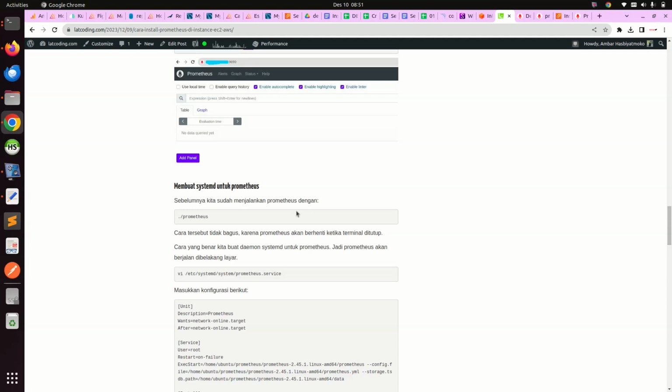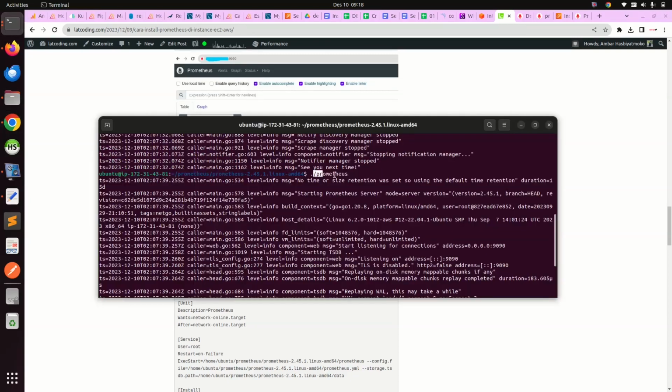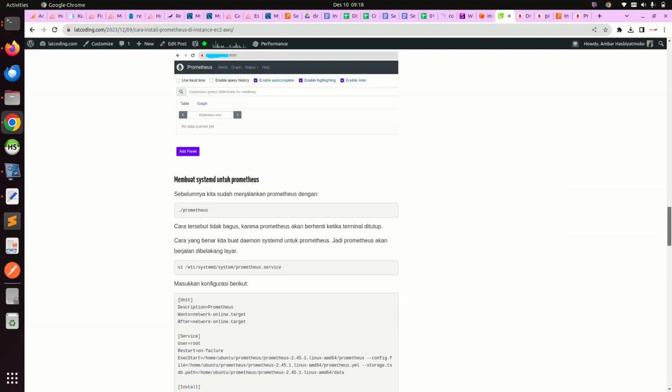Previously we ran Prometheus by using this command. This is not a good way, because when the server is restarted, Prometheus will be stopped.